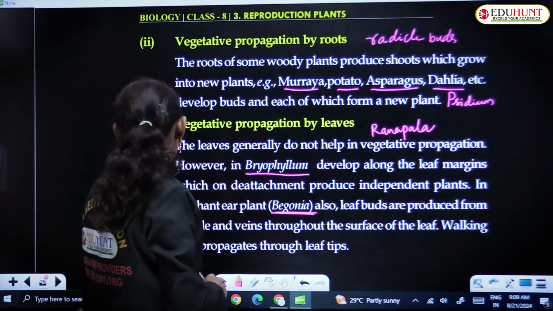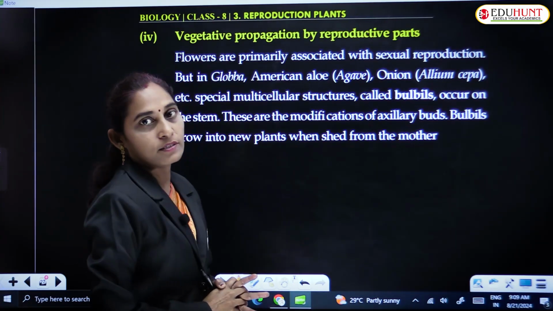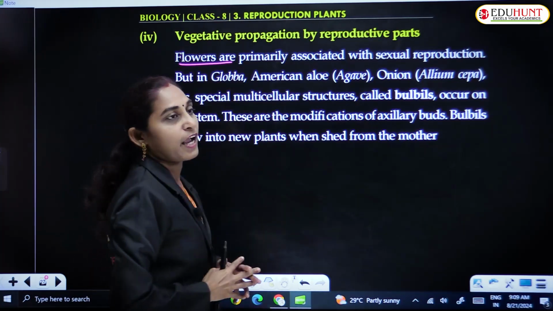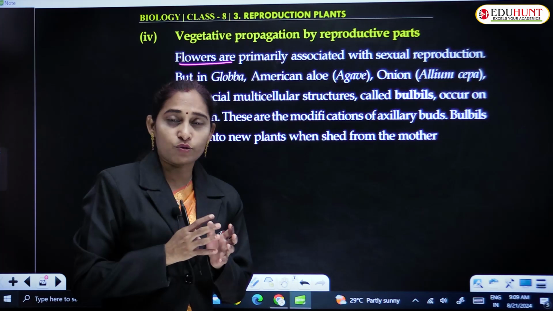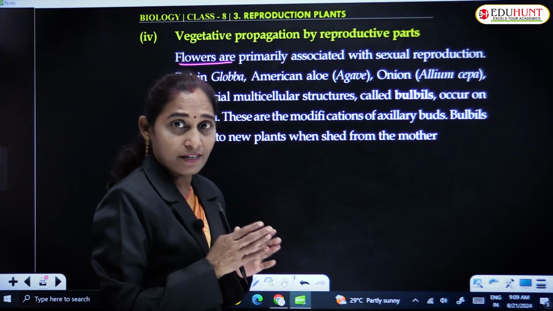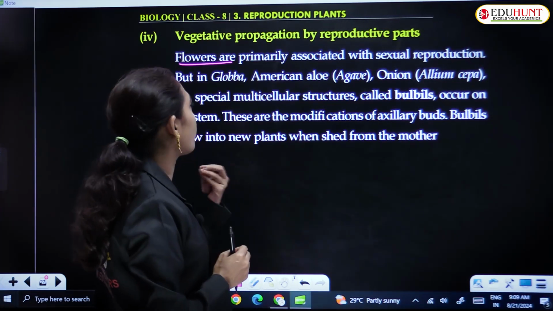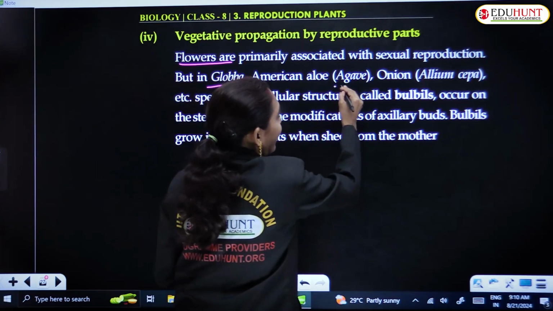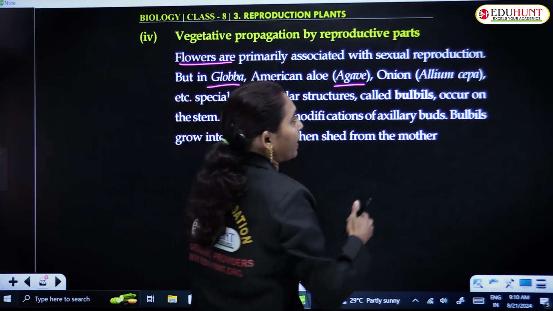Coming to the next one, that is vegetative propagation by reproductive parts. What are the reproductive parts? Especially flowers are the primary reproductive parts. They are associated with sexual reproduction. Flowers are the sex organs which are involved in sexual reproduction. But in Globba, some Agave, which is a xerophyte, that is a drought tolerant plant,